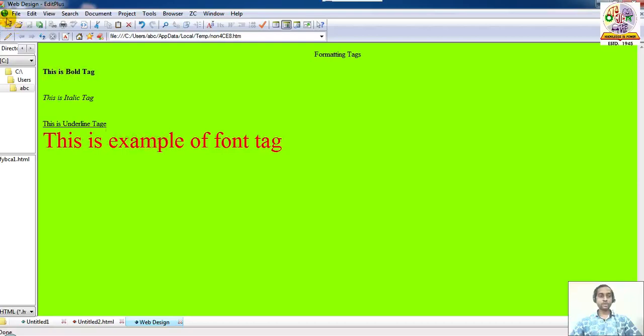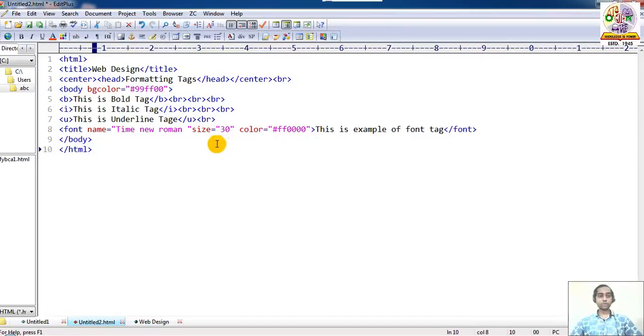Then we have learned the title tag, heading tag, bold tag, italic tag, underline tag, and font tag. This is the main thing of our formatting tags. Also you can choose the center tag. Suppose we want to write something in the center, just type this is center tag.